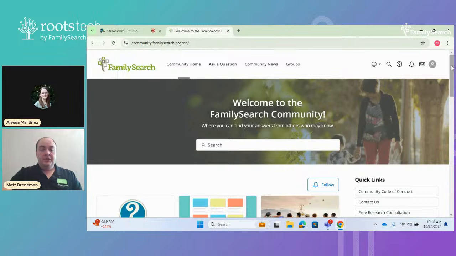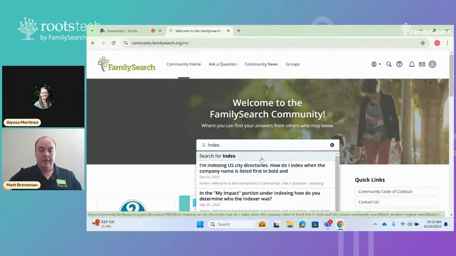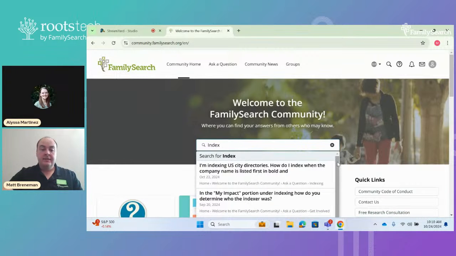So now we'll just talk about the homepage for the Family Search Community. First here we have the search bar. Here you can search for any questions that people have posed in the community page. So for example, if we type in census, or let's try index. There we go. So if you type in index,